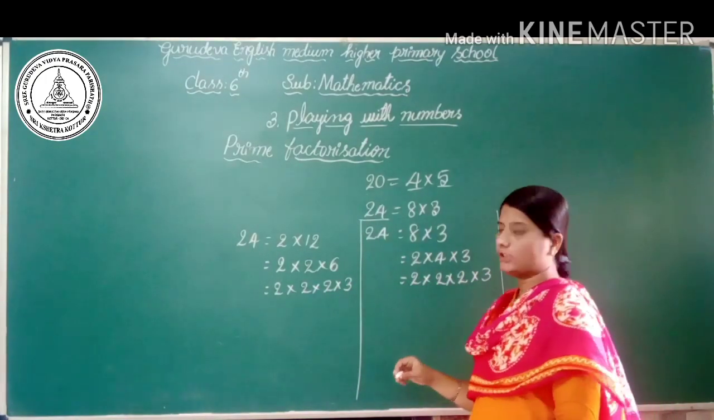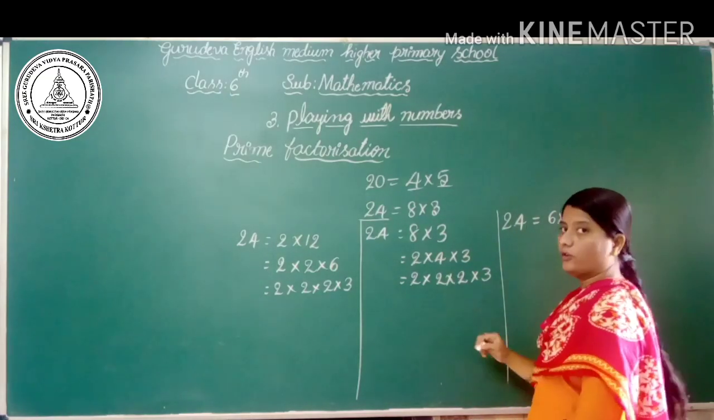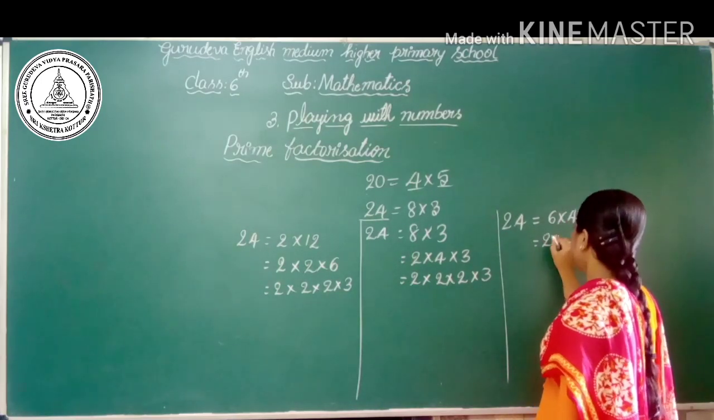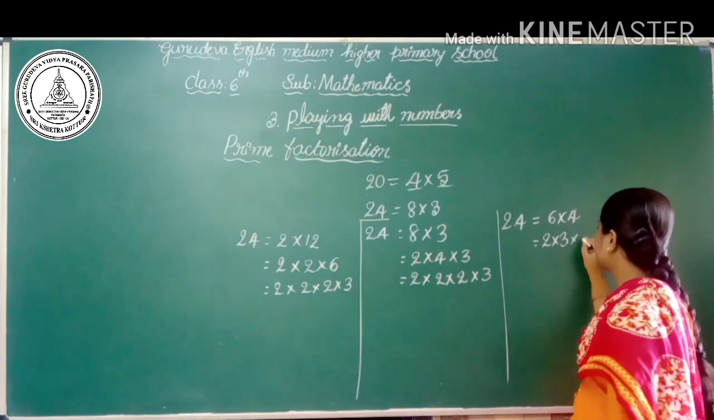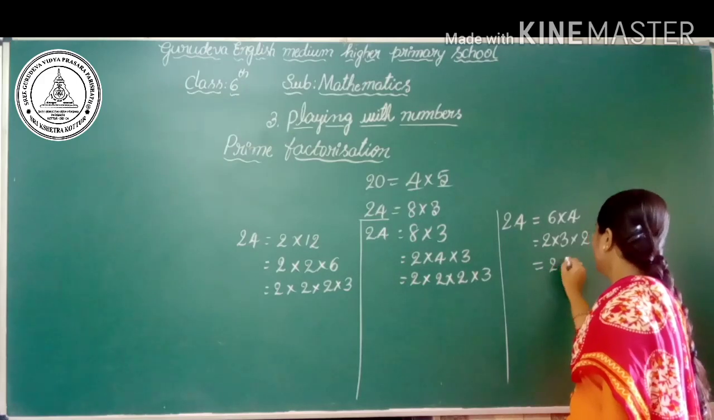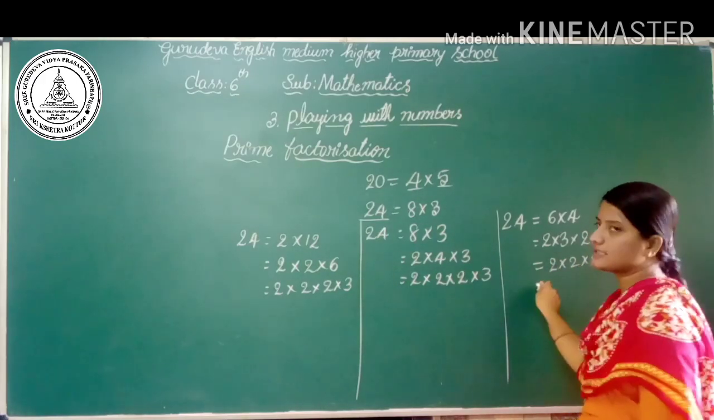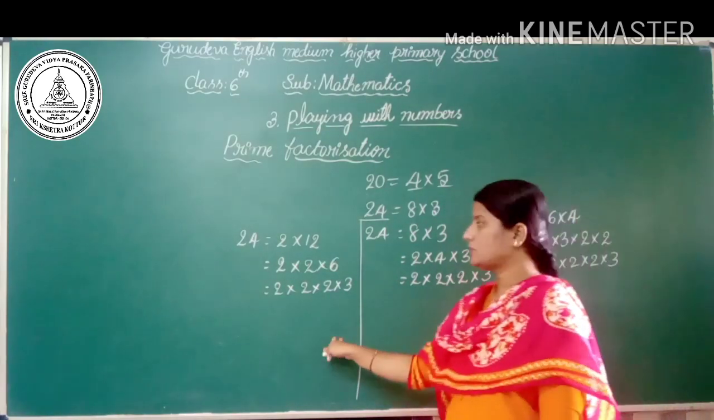6 into 4 is 24. So 6 can be written as 2 into 3, and 4 can be written as 2 into 2. So 24 is equal to 2 into 2 into 2 into 3. I will arrange these factors here. You can observe here that